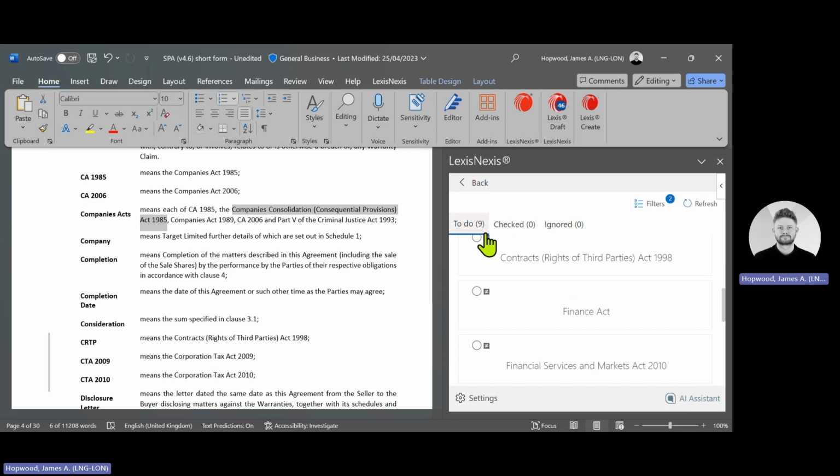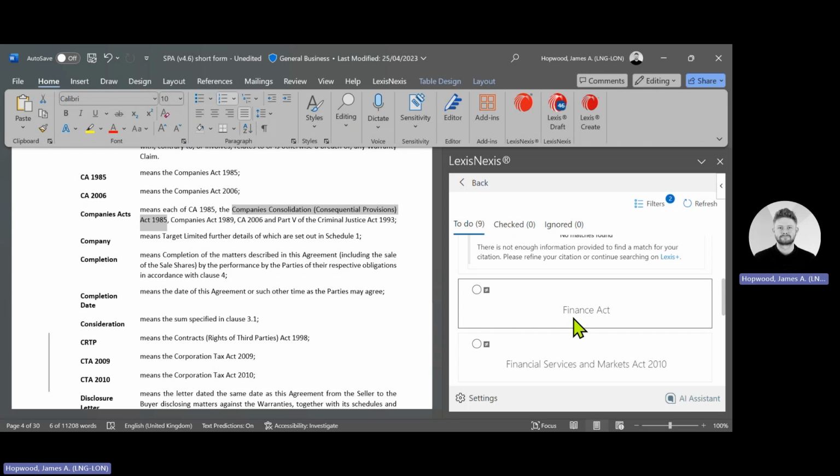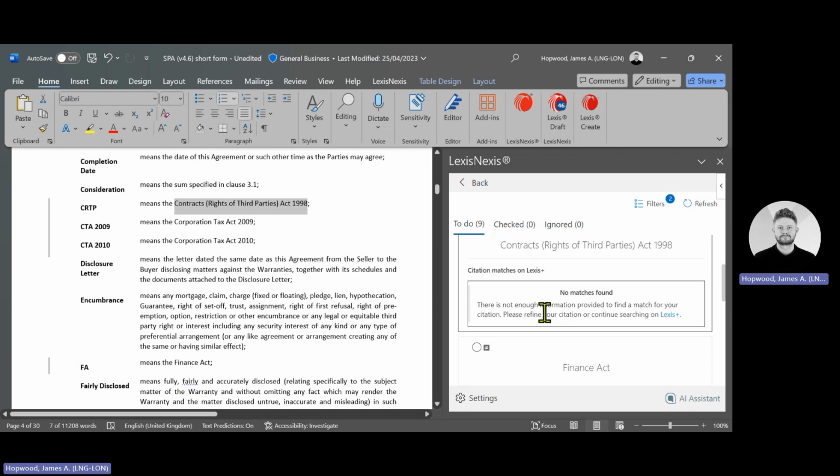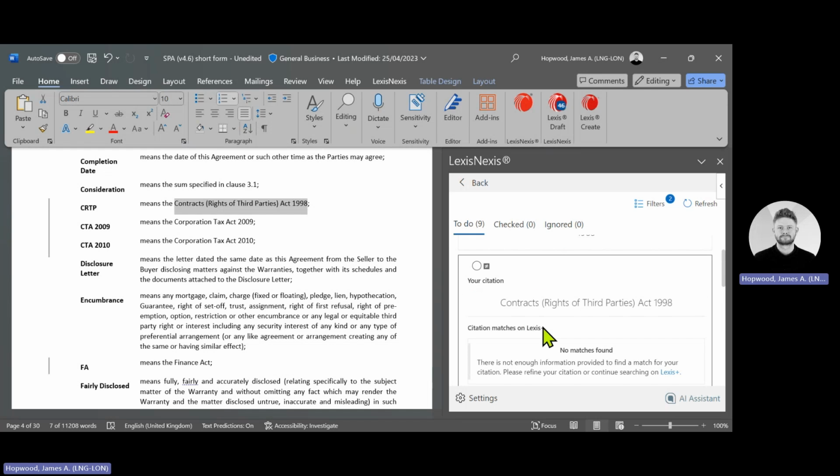The unresolved area is when we have not got a direct match between your document and the database itself. So that could be if you put in the wrong year of the act, which I believe it is with this one, or maybe you've got a misspelling, or you've used an abbreviation that doesn't match up. Those are examples where it's looked across our legislation, which has all UK legislation in there, and it doesn't match up